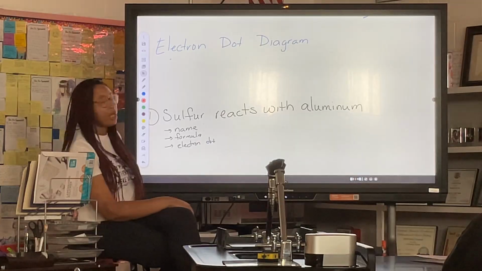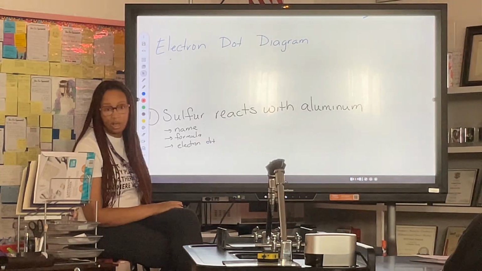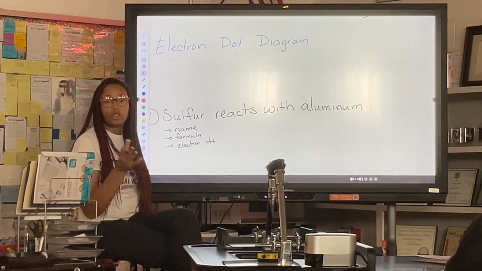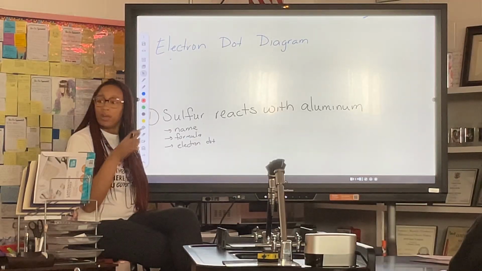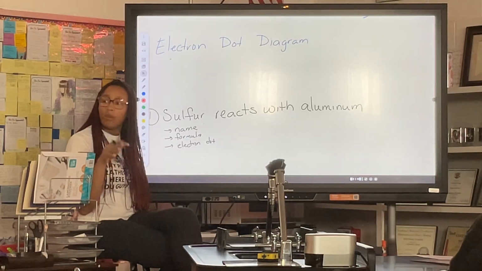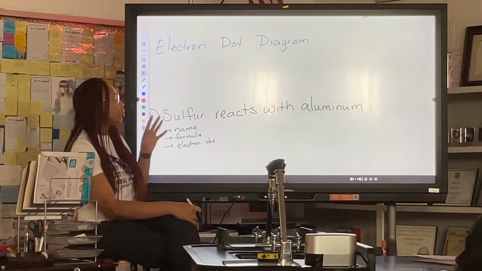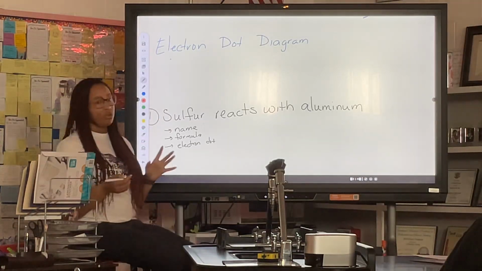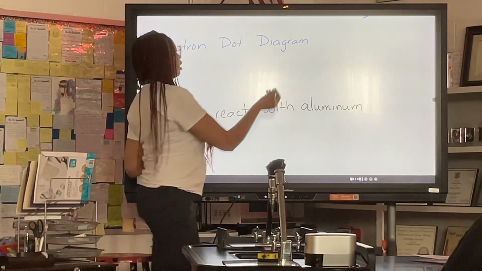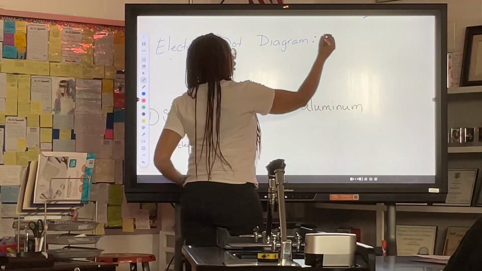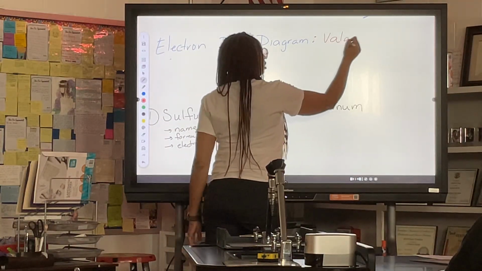Alright, so we're gonna do electron dot diagrams today. And we're gonna do the electron dot diagram in an ionic bond, and we're gonna start talking more about covalent bonds, okay? So, first thing, let's make sure we know what the electron dot diagram we're gonna use. When I'm doing an electron dot diagram, it's taking into consideration those valence